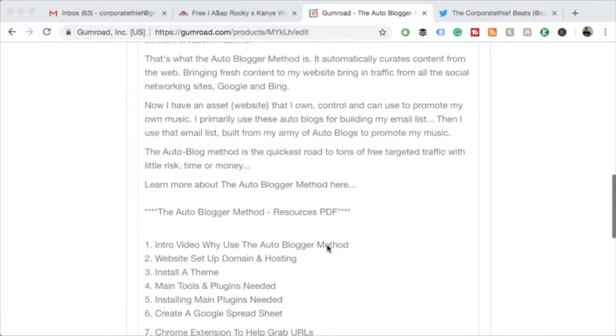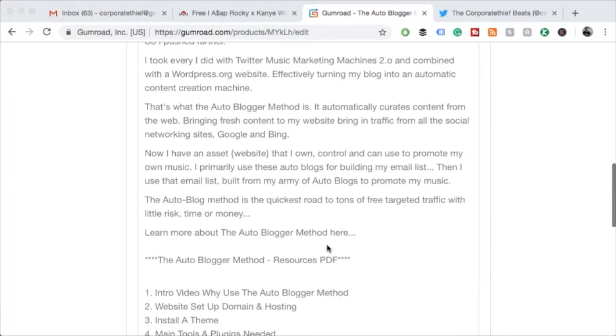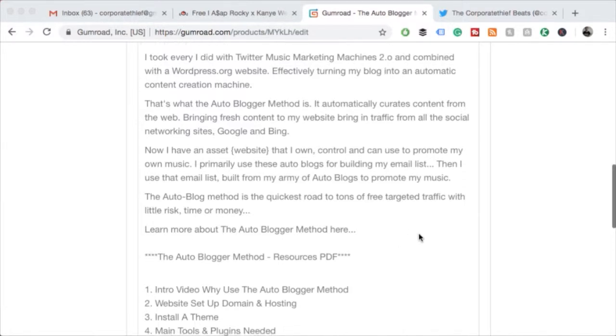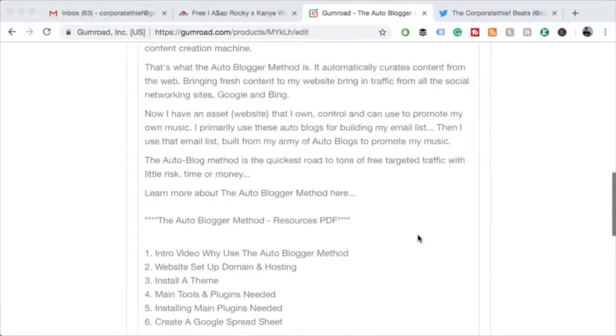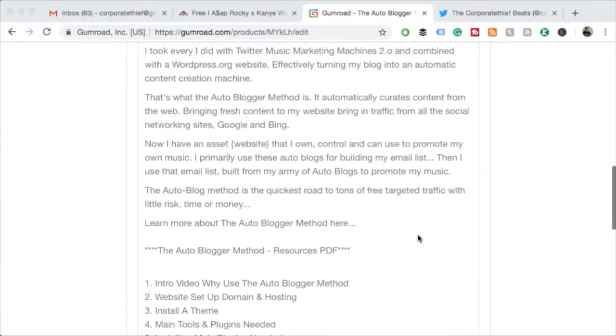Do not use any free sites like Weebly, Blogger, and WordPress.com. Don't use any of them. If you look up autoblogging methods on YouTube, they're all useless because they teach everyone how to use them with Blogger and WordPress.com and Weebly and Wix.